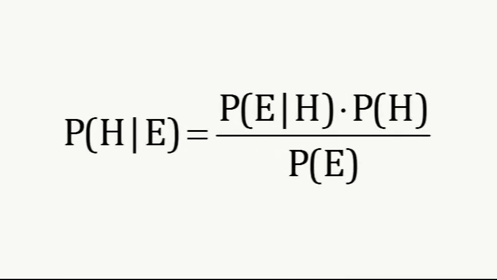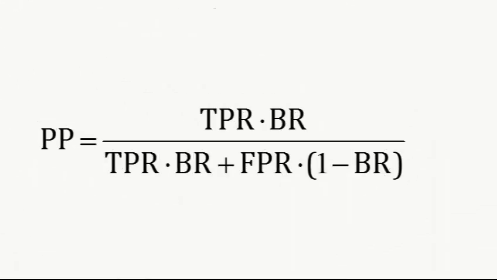In our first video, we had a good look at Bayes' theorem. If you haven't seen the video, I suggest you do, otherwise you probably won't follow much of what I say in this video. If you've done it, you know that the Bayes' theorem can be written like this, where PP is the posterior